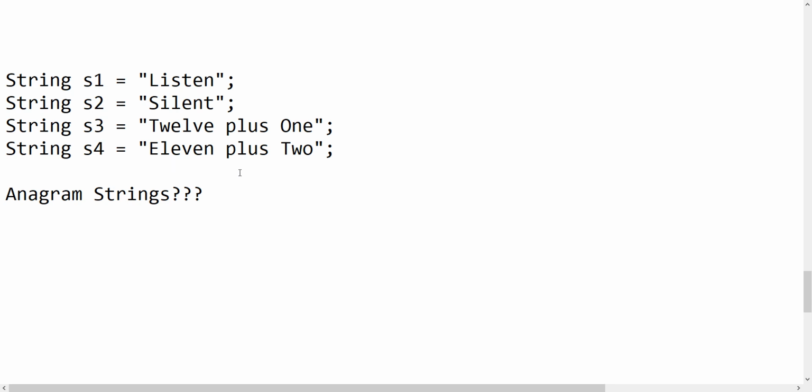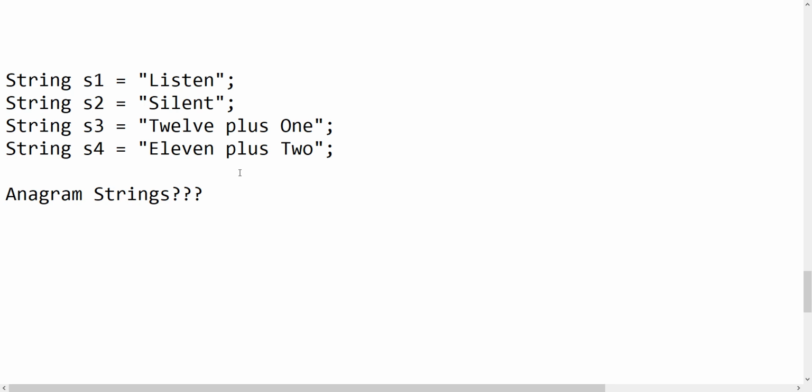Here we should not consider the number of spaces, and we should not consider case sensitivity. Whatever it is, uppercase or lowercase, we only need to take the type of character, not the case. For that we need to write the program. The logic we write must work for any type of input strings, with multiple spaces, uppercase characters as well as lowercase characters. So what I am going to do is, first I will remove the spaces.